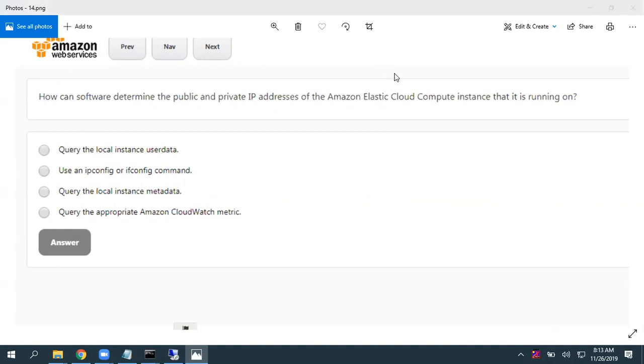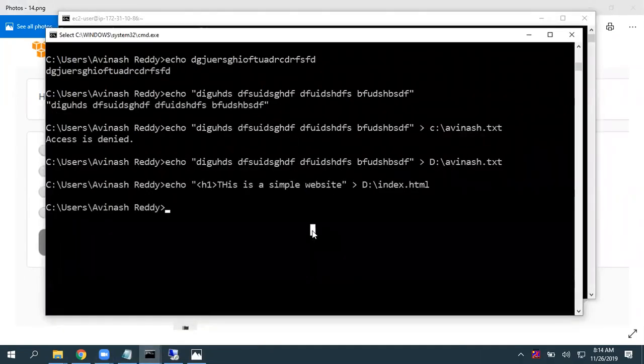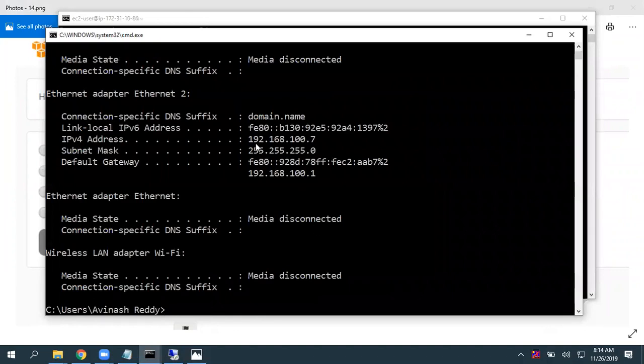Yes. So if you go here, for example, this is a Windows machine, right? If I give ipconfig, it is showing some information, 192.168.100.7, but that IP address works only within this network.